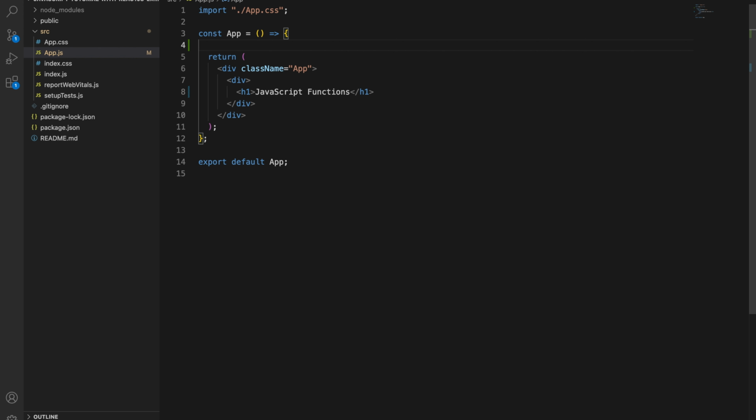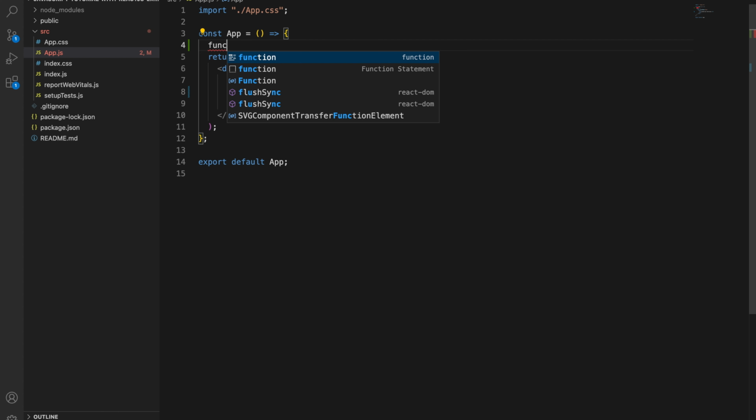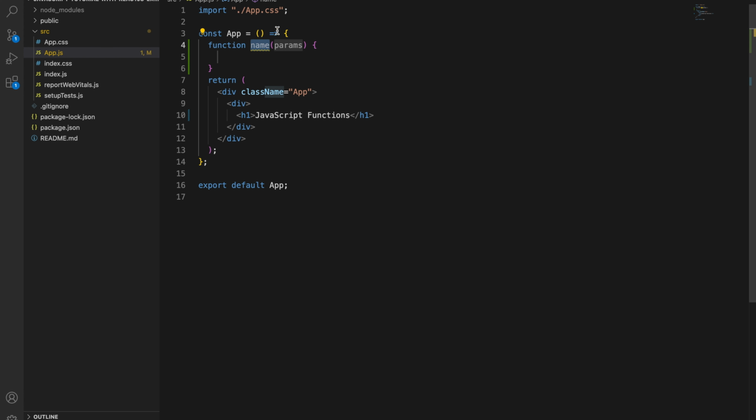For example, let's just declare something. We have two ways to declare functions in JavaScript: the older ES5 syntax, or the modern ES6 syntax. Let's start with the older one. You write the function keyword, and then the function name. In this scenario, let's call it funName. And usually in JavaScript the format is